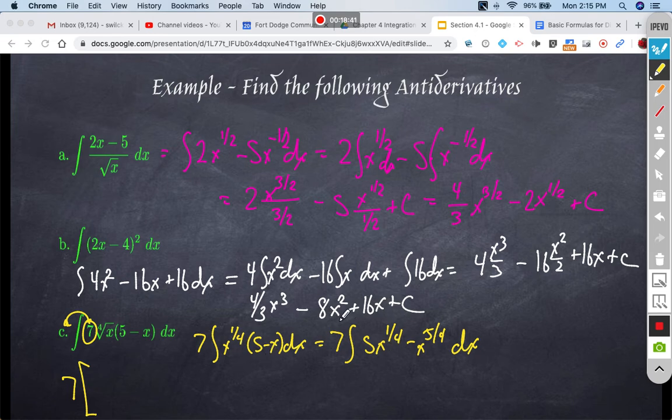Now, when I break this apart, remember I'm multiplying 7 times the whole integral. So I'm going to have 5 times the integral of x to the 1/4 minus the integral of x to the 5/4